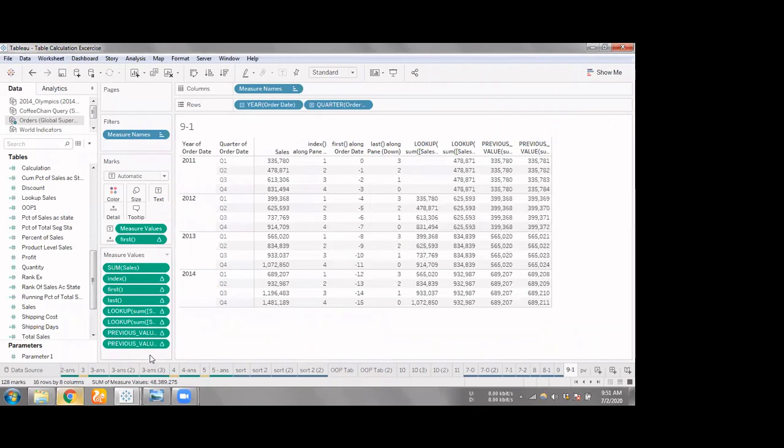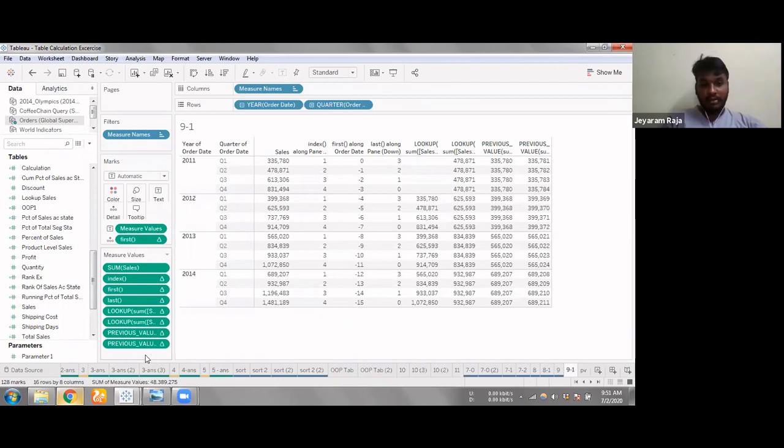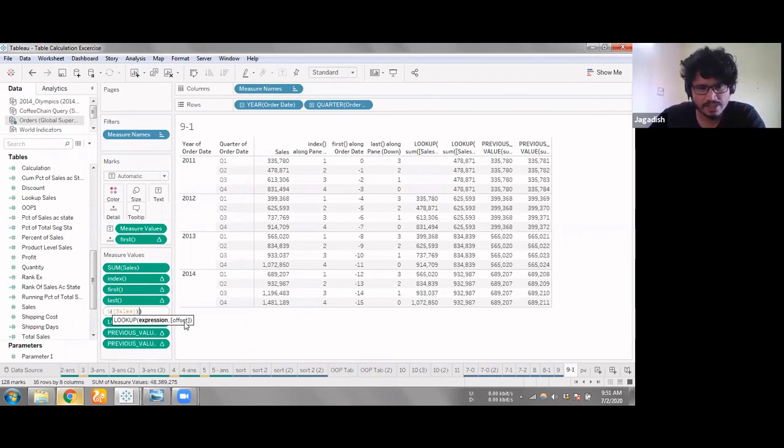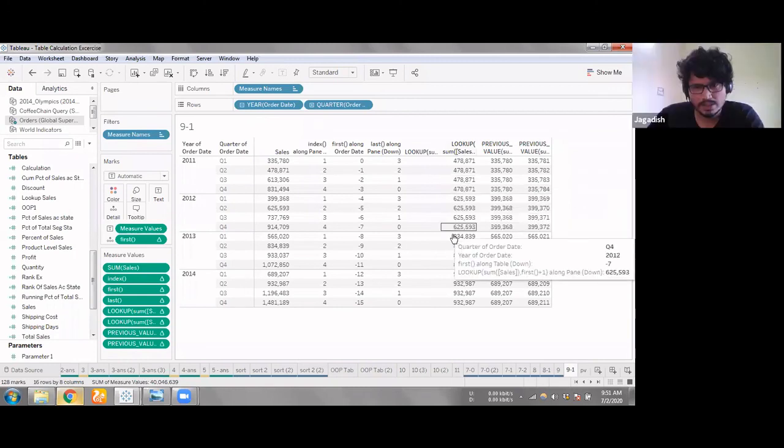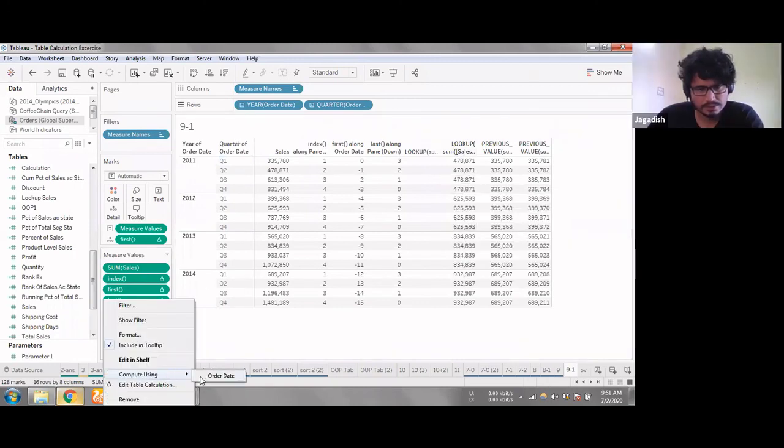In the lookup function, if you don't give an offset, what default value does it take, or will it show some error? No, I think the brackets around the offset mean it's an optional parameter. So let's see what it gives. It's giving me null. Let me change the compute using.